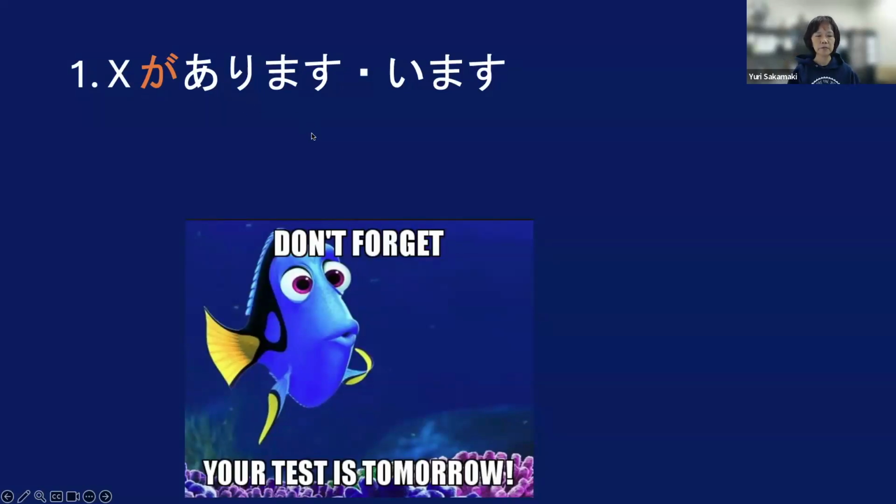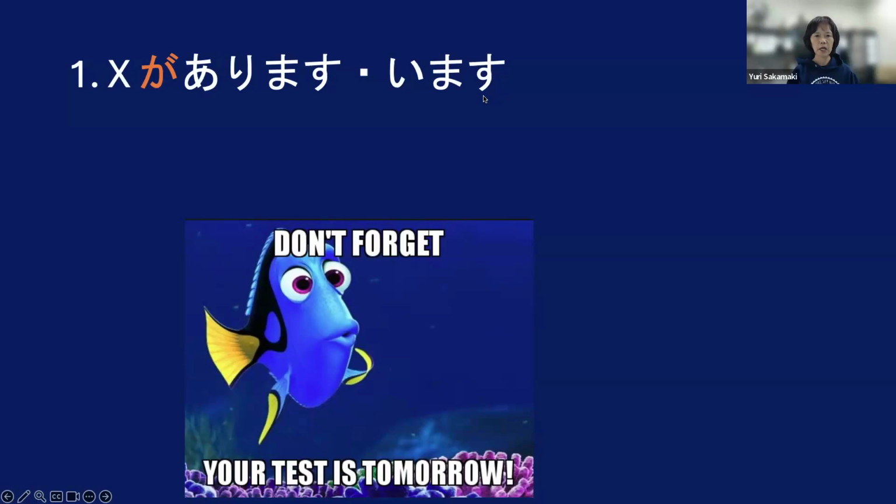And that something can be either something that doesn't move, okay, inanimate object, that's going to be aru dictionary form, or arimasu for masu form. And if you're talking about animate object, you know, something that moves by itself, like people, animals, then imasu, iru